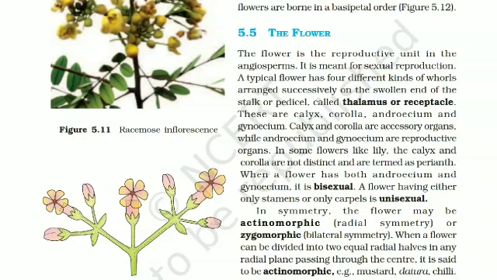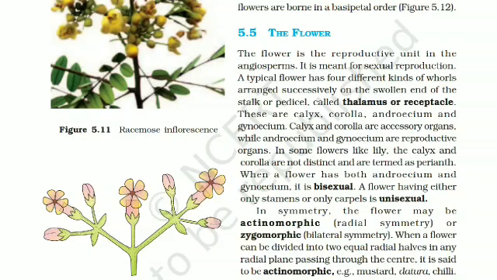Now, when a flower has both the androecium and gynoecium in the same flower, it is called bisexual. Can you name a bisexual flower? Common example is China rose, which is very common to you, and a flower having either only stamens or carpels is called unisexual. So, think of an example of a unisexual flower. This is your task. Now, you have learnt about symmetry when you learnt the animal kingdom.